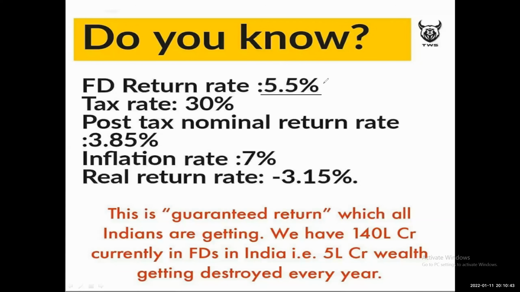So we get approximately 5.5% on a fixed deposit. We all are very fond of getting a lot of fixed deposits, and let's be very honest about it. We are taxed beautifully by the government at this stage. This is the minimum we almost pay, or some of us will be somewhere around 20%. So the post-tax return on our FD is just 3.85%. And on inflation, we have 7% on an average for the last 10 years, which is normal for most of the world. Our actual return is minus 3.15%. So if we put up a fixed deposit in a bank, our money is not growing, it's actually going down.